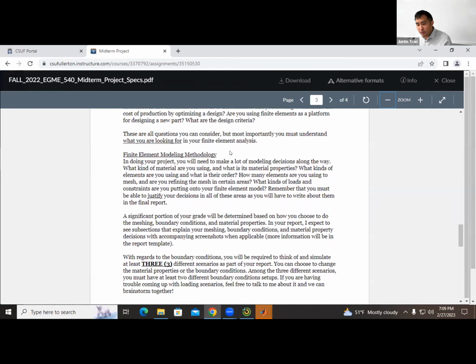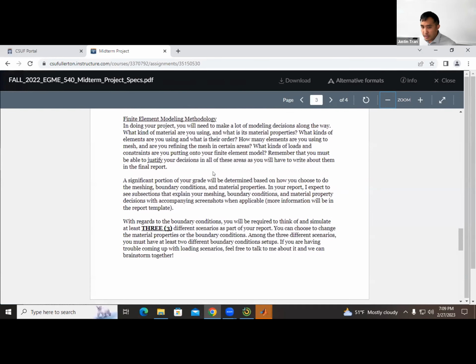Next is the finite element methodology part. This is where the bulk of the points are going to be, so this is where I'm going to grade you the most. Hopefully what you've gained from the first three activities is that when you're running a finite element analysis,